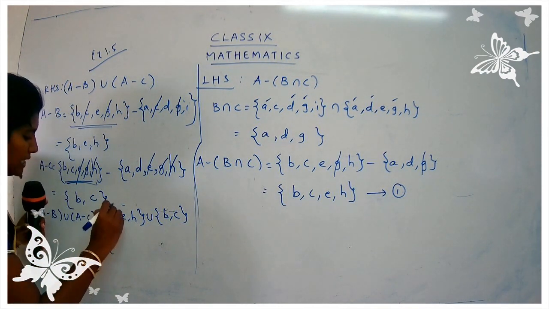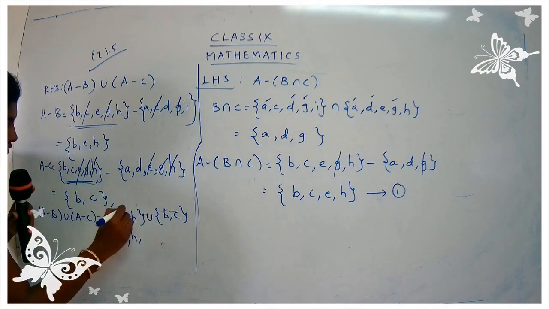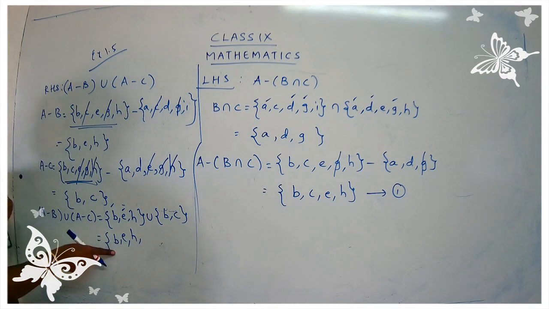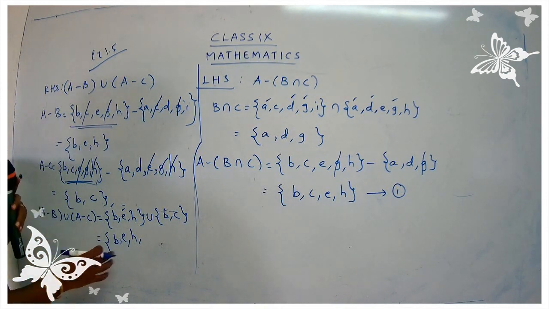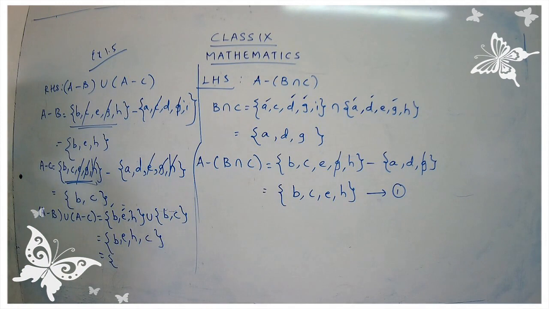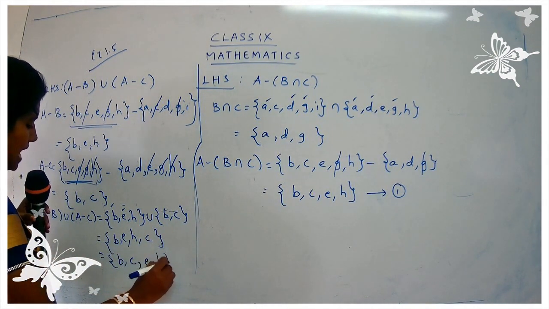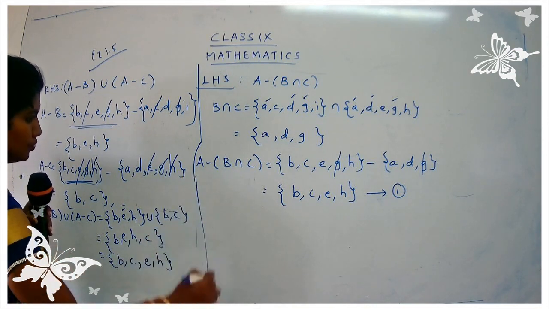So what you get here? B is present, E is present, H is present. Already here B I have taken, yes children, so I am not going to take B again. B, E, H. Union means I am going to write down members together. So B, E, H. I will not write B again. C is left. I have told you, try to write the elements in the increasing order wherever it's possible. So we can write them in increasing order or in alphabetical order. So B, C, E, H. Put this as number 2.